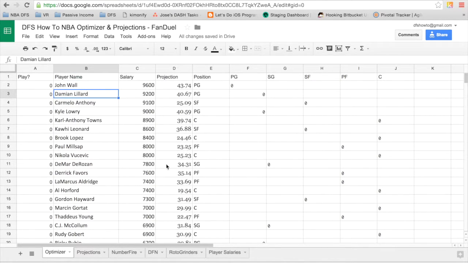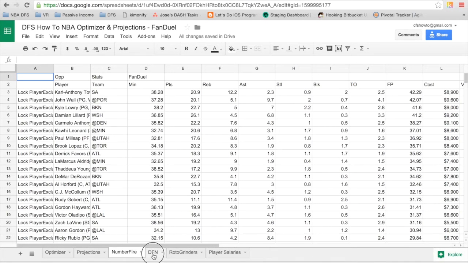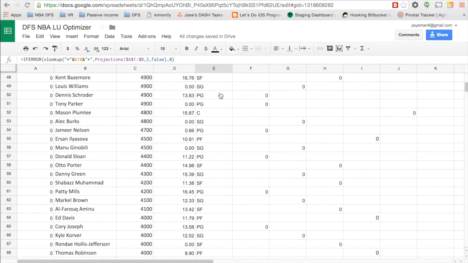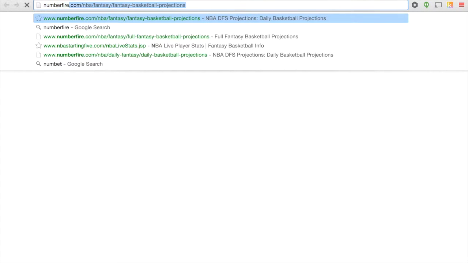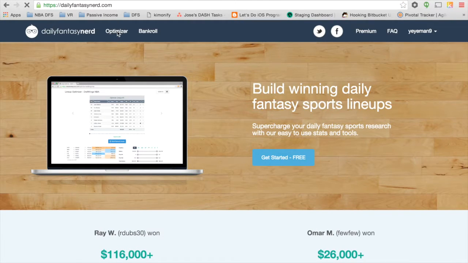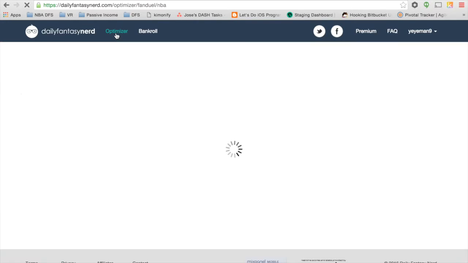So now I want to get my data for Number Fire and Daily Fantasy Nerd. So let's just head on over to Daily Fantasy Nerd, and I'm going to open a Number Fire tab as well, just for time's sake. Under Daily Fantasy Nerd, if my internet helps me out a little, you want to click on Optimizer on the top, and then,